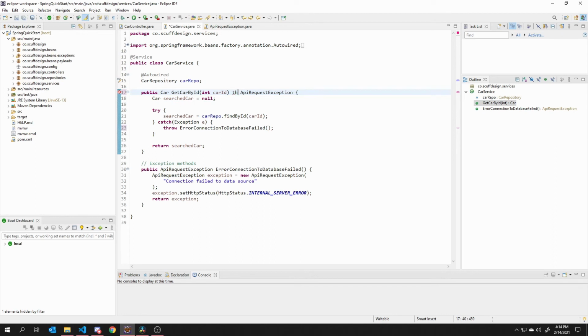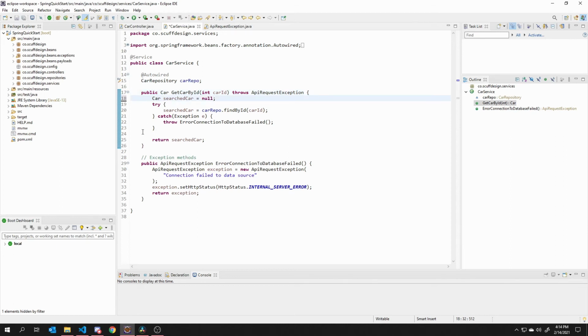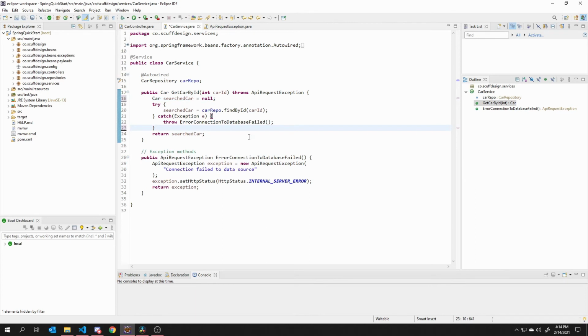Oh, throws. All right, and there, that enables us now to select from the database and collect ourselves a car object based upon that ID, and then return it over to the endpoint,